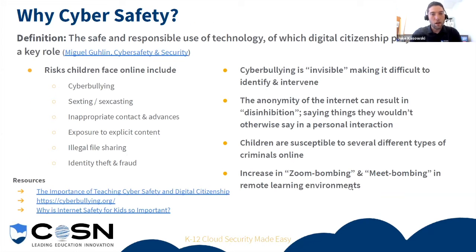Because a lot of that online, it's somewhat invisible and makes it hard to detect and intervene on, especially when it's living inside of cloud applications and in web searches. So, a few examples that children and young students face are cyberbullying, inappropriate explicit content, illegal file sharing, identity theft and fraud, any adult content too that could be living in your cloud drives or being shared through